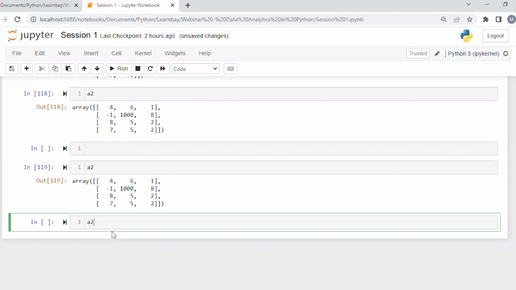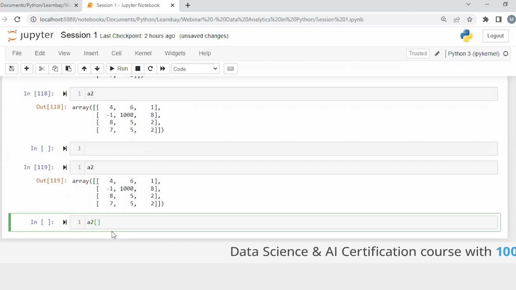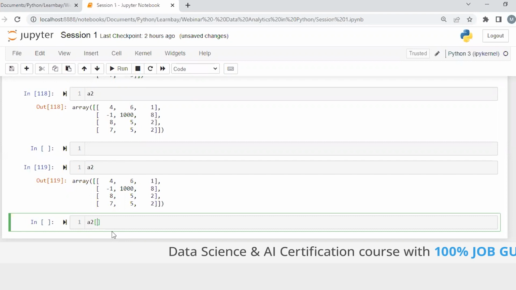Right. Now, A2 of, okay, so what do we do is A2 of